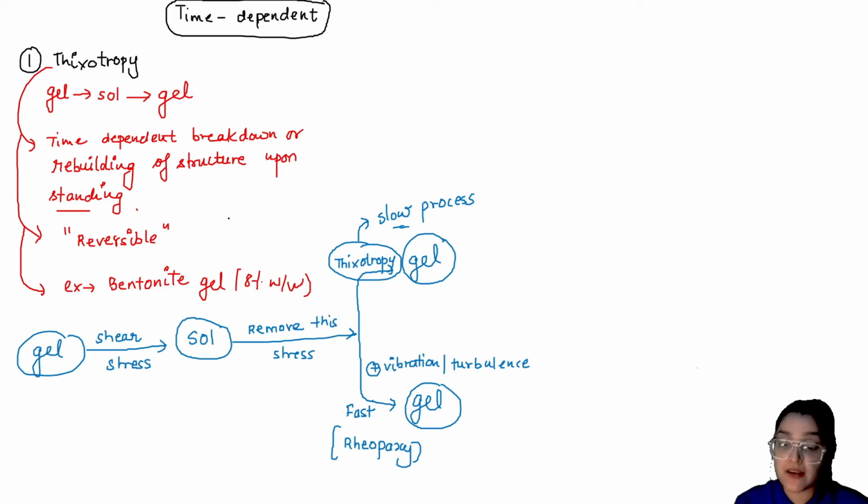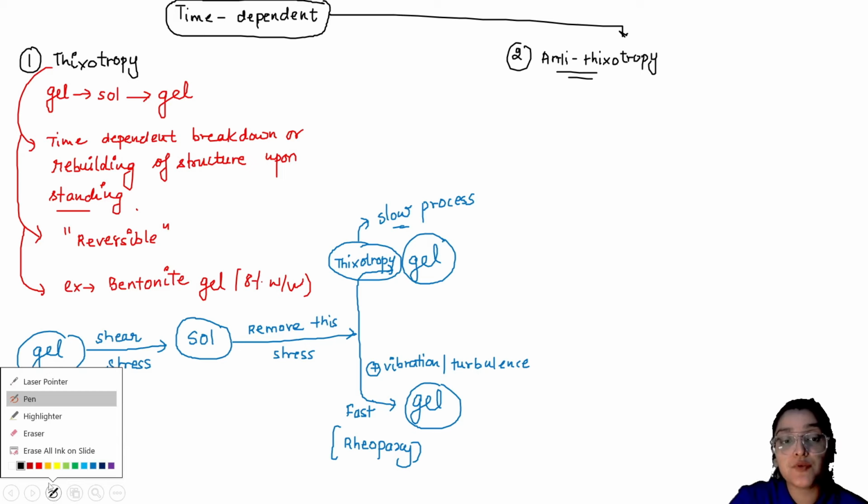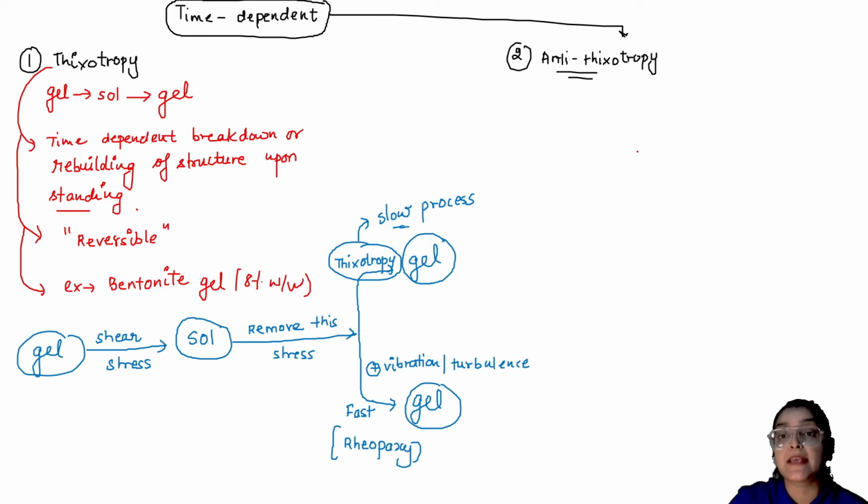Students, this is very, very important. Second is the opposite of it, that is anti-thixotropy. Here, students, now we have to see what type of conversion takes place. In thixotropic systems or the GST systems, there is conversion from gel to sol to gel. But in anti-thixotropy, the conversion is from sol to gel and then to sol. Sol, gel, sol conversion occurs in case of